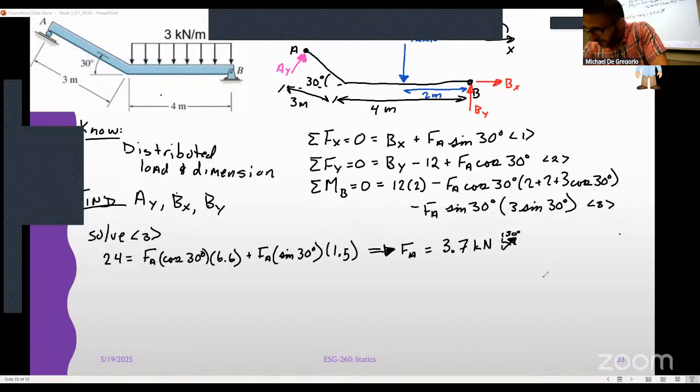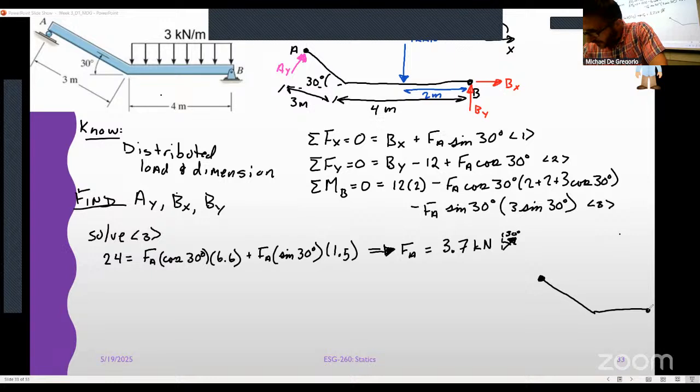So here's point A. And B is over here. If I'm just worried about the moment due to A, I've got some force here and some force here. The perpendicular distance for each of these would be what? From point B, because that's where I'm taking the moment.